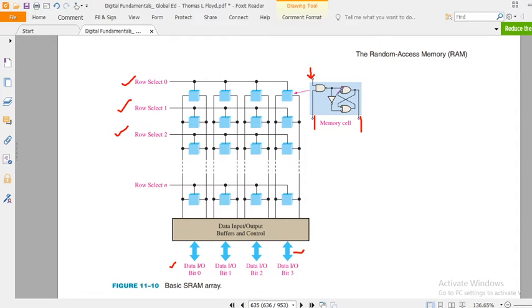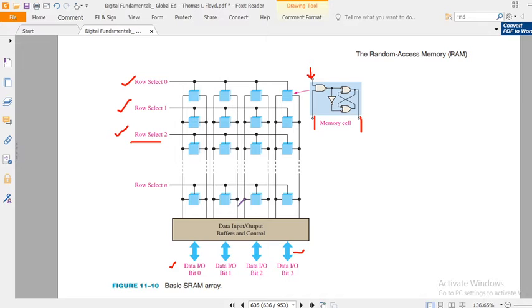So when we are reading, we take the output only, and when we are writing, we supply and write it into the memory cell. Okay, so this row select selects which row we want. If suppose this row select 2 is high, then I select all these 4 bits. Whatever data is already stored here, if you are performing a read operation, will be supplied to the output lines, and the data can be read at the output lines.